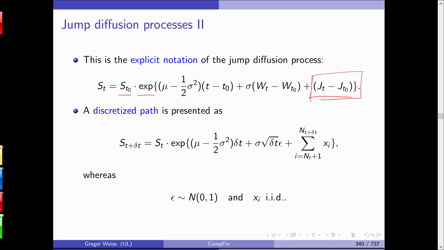And if you discretize this, a discrete path would look like this here. And again, from this formula, you can see that you can easily simulate a path of this